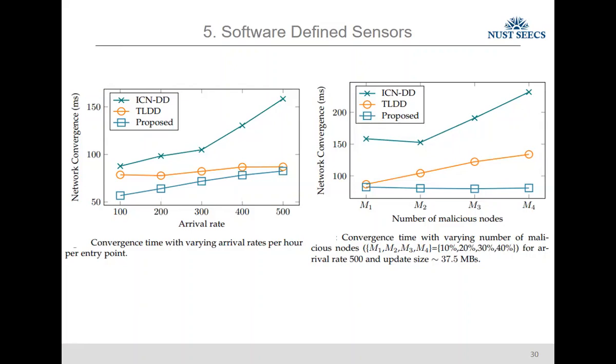Right? So in network convergence, based on the arrival rate, with increasing arrival rate, which means we are increasing the number of nodes in our simulations, these are the results we are getting. In this case, we introduce some malicious vehicles, because among the vehicles moving on the road there might be some who are malicious or intruders in your system. They don't want to disseminate the update because they want to disrupt your network, right? So even then, we still have better convergence compared to the others.